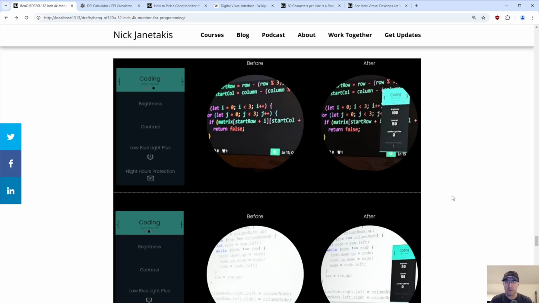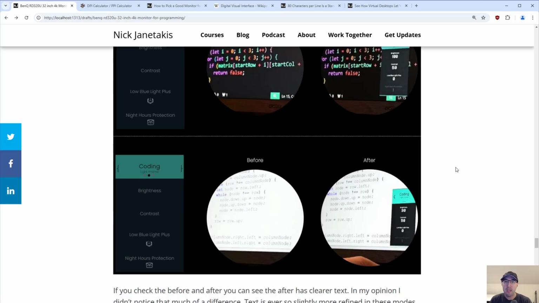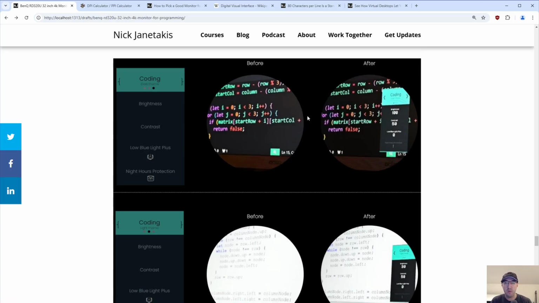And personally, when I enabled both of these modes for dark theme, because that's typically what I use, I didn't notice as big of a difference as the screenshot shows. It's hard to say exactly how much of a difference, 10%, 20%, 30%, something like that. But in any case, one thing that these screenshots don't show is that to get this effect, it is going to darken everything, not just your code editor by default. So your entire display is going to become darker,